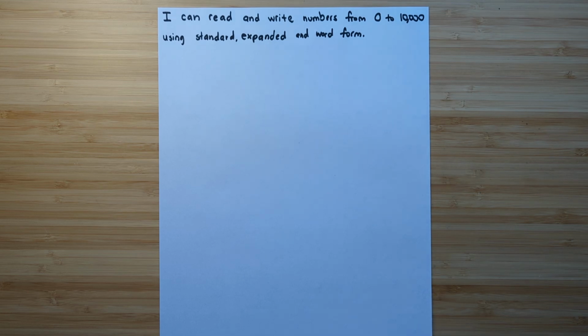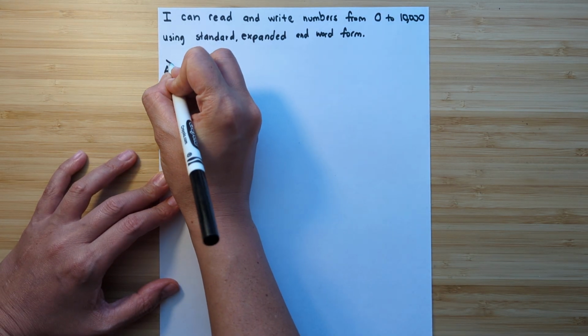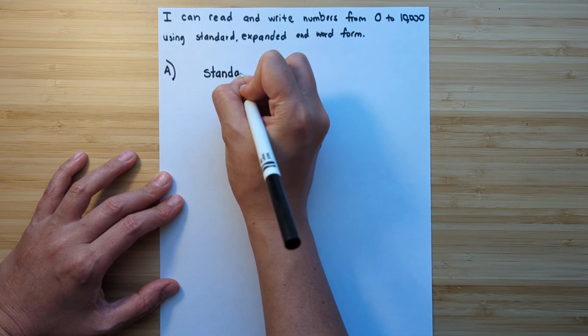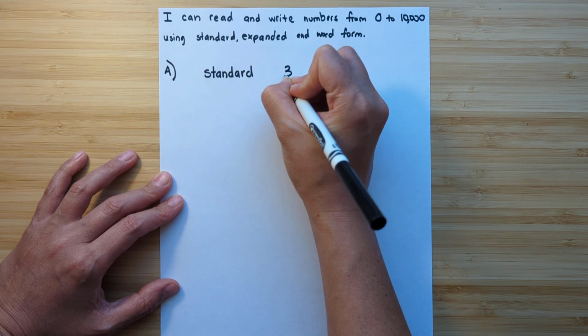All right, the I can for today is: I can read and write numbers from 0 to 10,000 using standard, expanded, and word form. Let's start with example A. So standard form is what you're typically used to seeing with numbers. Let's start with our first example,